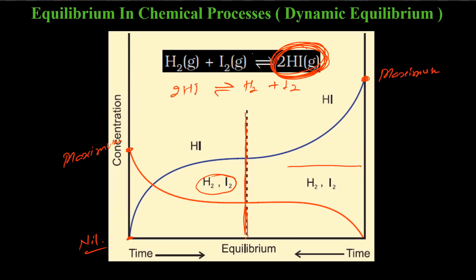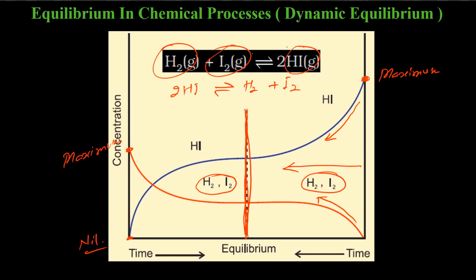And when the reaction proceeds, the concentration of HI will decrease. In this case, it is the reactant. And the concentration of H2 and I2 will increase because these are the products now. But they will achieve the equilibrium at the same level, meaning when they reach the equilibrium, the concentrations of hydrogen, iodine, and hydrogen iodide will be exactly the same as these